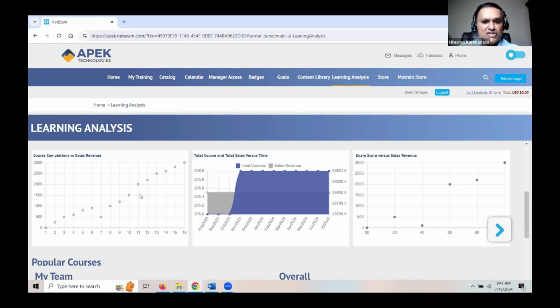The data shows a correlation, but not necessarily a causation. As we know, there are many factors that affect sales revenue, such as market conditions, product pricing, etc. But there are AI methods that we can use to determine if the training is a significant factor that affected the revenue. The second graph shows the cumulative course completions versus revenue. And the third one is kind of interesting as it shows the score of a selected exam versus the revenue generated by a learner. In other words, can the exam score predict how well the learner will perform? If it does a good job, the exam can be a good indicator if the learner is ready to perform